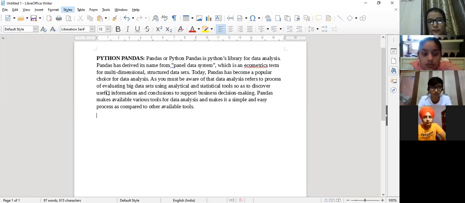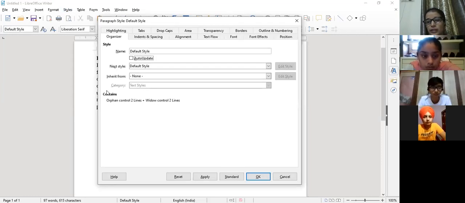Next, from the styles, Edit Style. It's taking time. Now it is about Edit Style. What style is used by default? This is the question. What is the default style of the Styles desk? The answer is paragraph style.